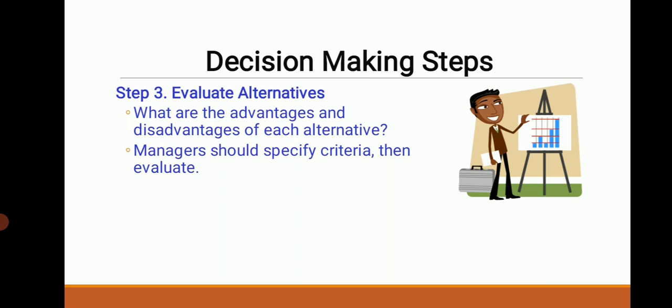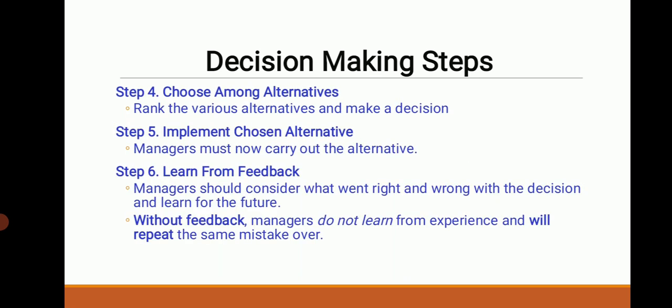Use your judgment principles and decision making criteria to evaluate each alternative. Experience and effectiveness of the judgment principles come into play. You need to compare each alternative for its positives and negatives. And step 4 is choose among alternatives. Once you go through all the decision making process, the selection of the best alternative is an informed decision, since you have already followed a methodology to derive and select the best alternative. So rank the various alternatives and make a decision.